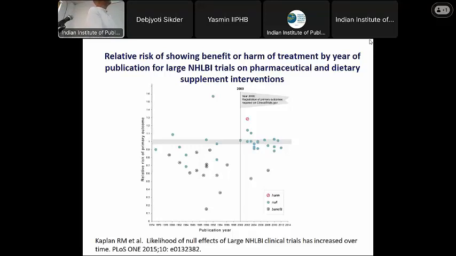the National Heart, Lung and Blood Institute, when they funded a lot of trials of dietary supplement interventions, and remarkably, seeing as all the large-scale trials never show any benefit. Well, hardly any of their trials were massively beneficial, and then they made people have to publish the results, and